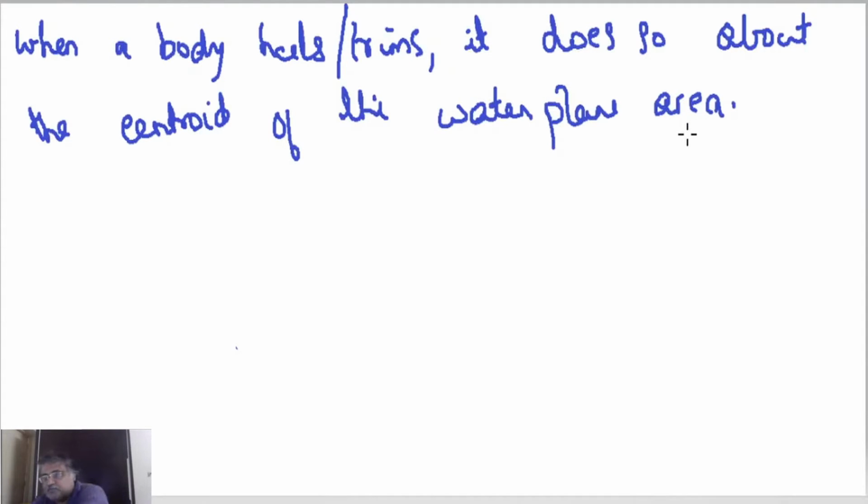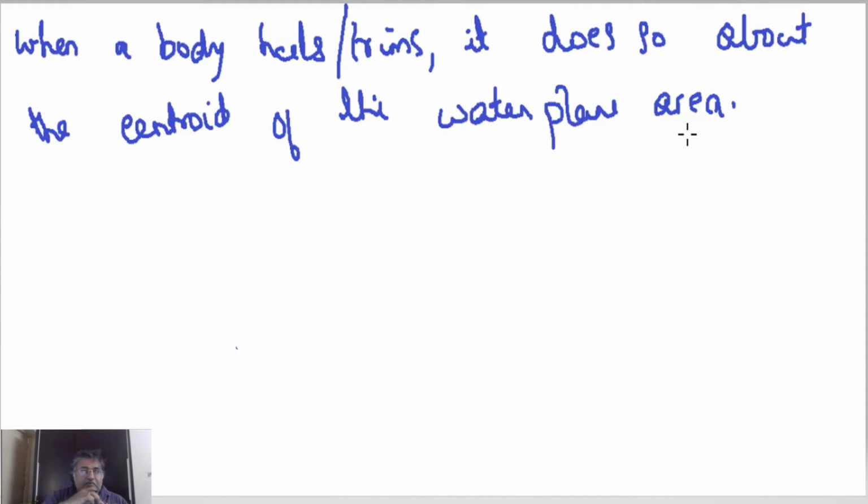So if you have a ship like this, looking from the top, this is the water plane area, and this area here is known as the wetted surface area. That is not needed here, but I'm just saying this is known as the wetted surface area. And when you are looking from here, these areas are known as cross-sectional areas. So we are not talking about any of them, we are talking about the water plane area. When you look from the top, this area is the water plane area. This water plane area has some centroid, right?